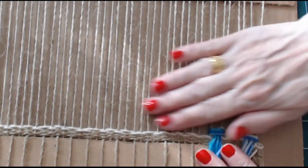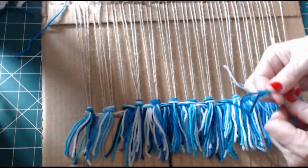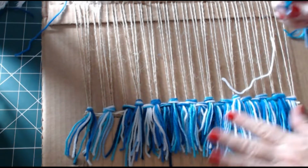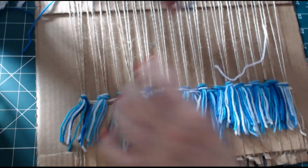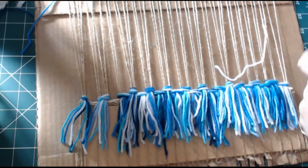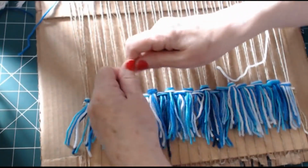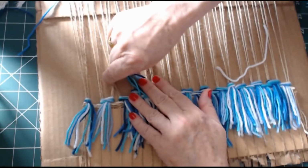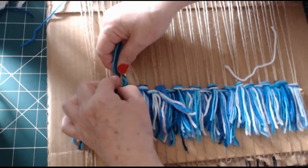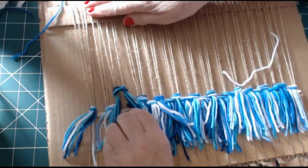Now I'm going to carry on and do that all the way along, and as soon as I've done that I'll get back. Yeah, as you've actually probably noticed, I've done 2 rows of this Ryan knotting for the fringe. The one resulted in big gaps here, which I didn't like. So I thought I'm going to close the knots up, and I'm going to attach the 2 pairs either side of the gap to close that up. So that's as far as I've got now. I'm just coming to the end of the second row, doing them exactly the same as the first, pulling them down